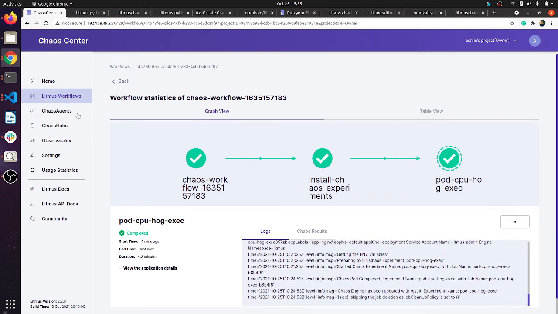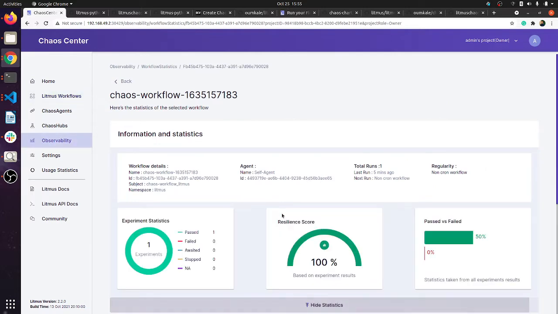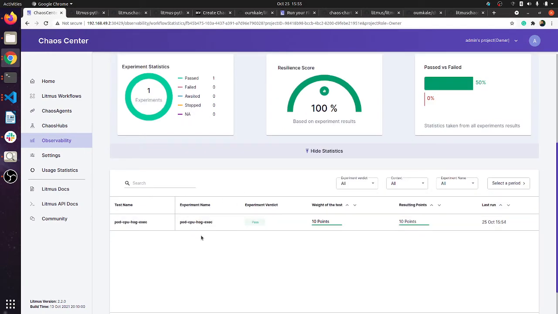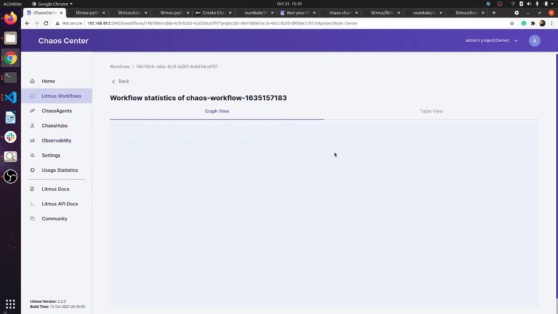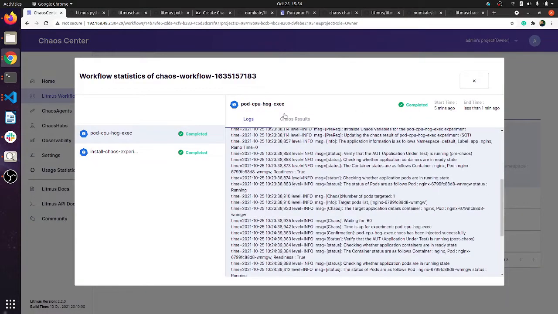Engine logs are there. We can see the resiliency score is 100%, pass, and it has been completed. Perfect. We can also have a closer look by selecting the table view, where we can see the logs and all.